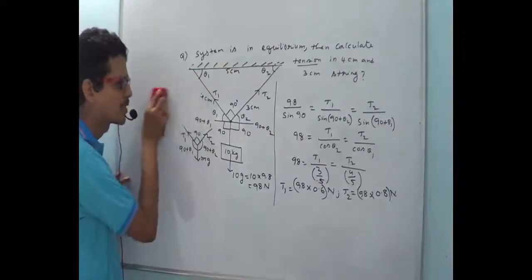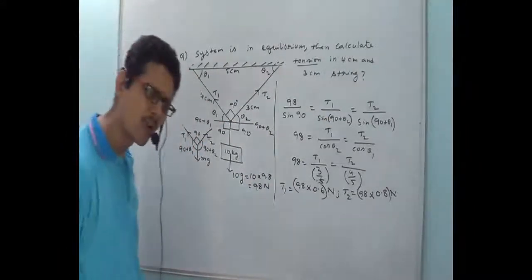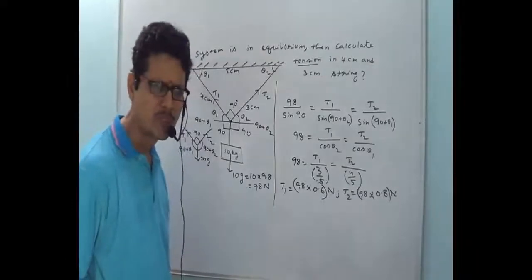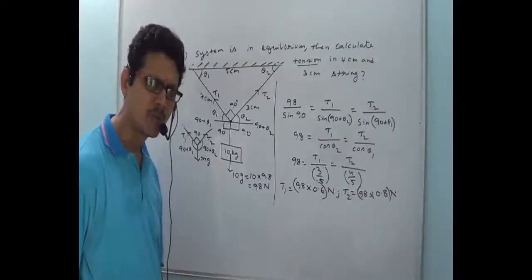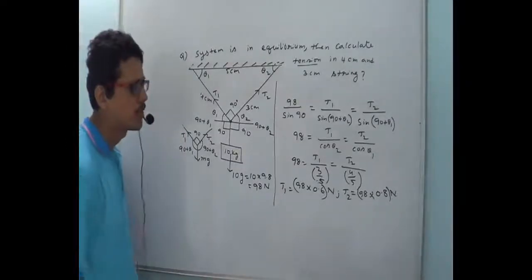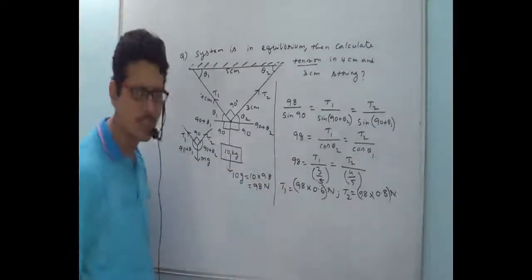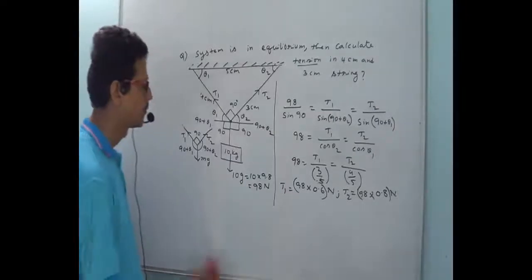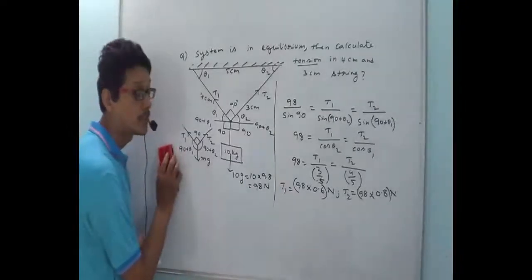So equate all the x components to be 0 and equate all the y components to 0. Then you will get the unknown force, the 4th force. So if 3 forces are given, then you can follow this rule. This is Lami's theorem, okay? I am just erasing this.